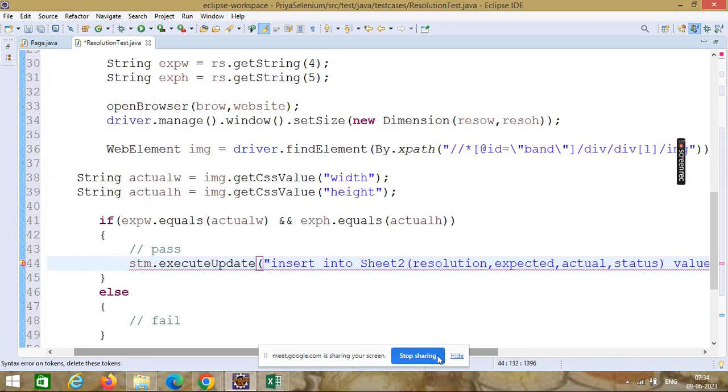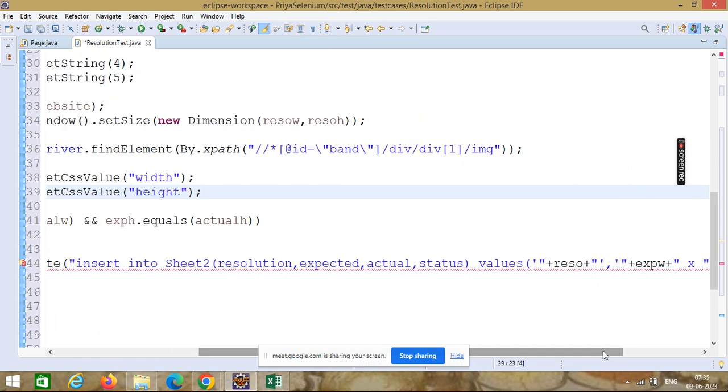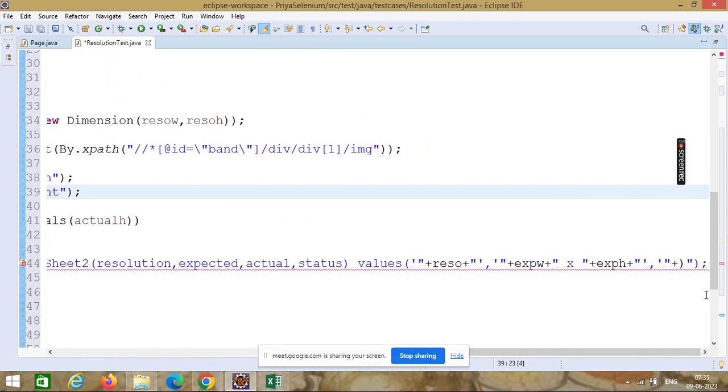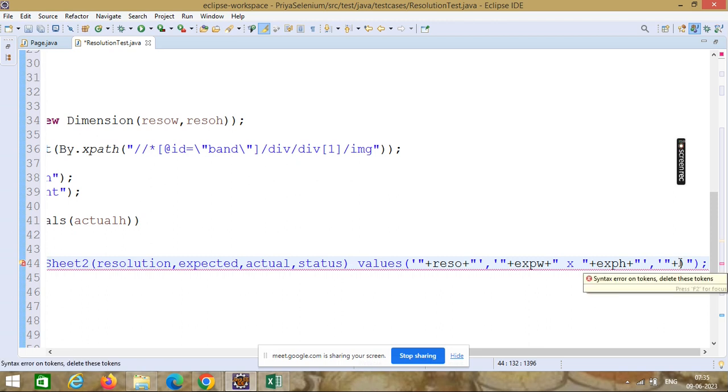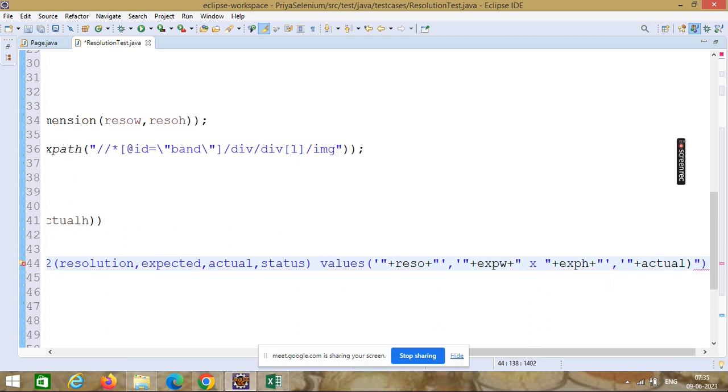So again, what is actual? This one: actual width, actual height. These are the two.